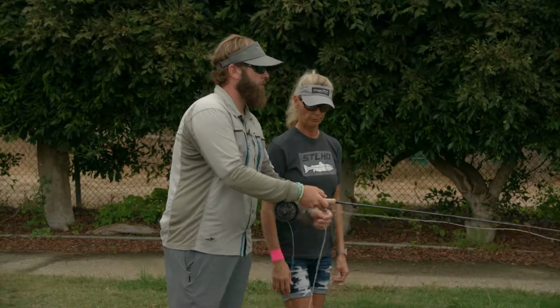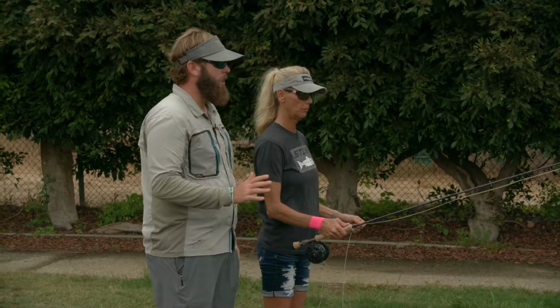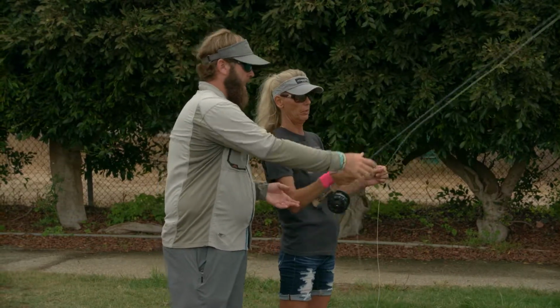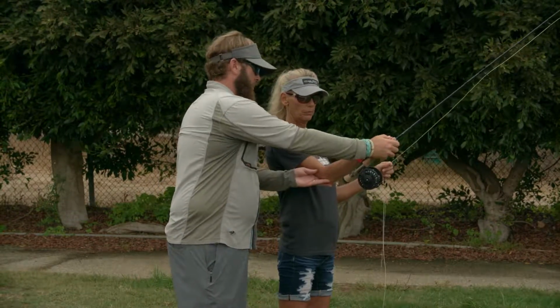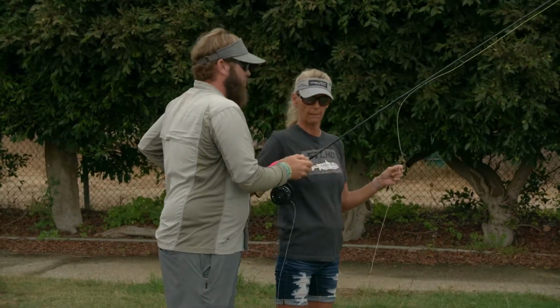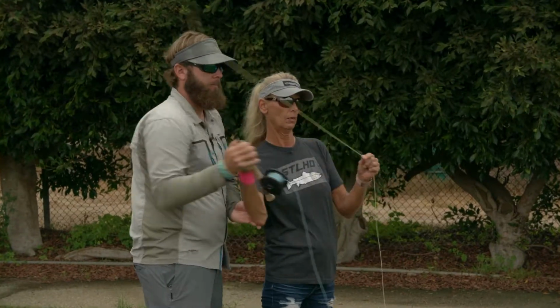Let me strip you in just a little bit there. Left hand on, thumb right up on top of the rod. Your back cast looks great. What I want you to focus on this time is extending forward with that arm. Now watch that. See what you did there? See how the elbow's moving, but the forearm's not? So now you're scissoring that rod back and forth. What needs to happen is